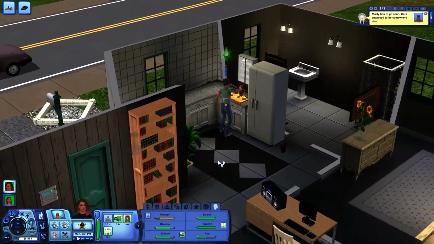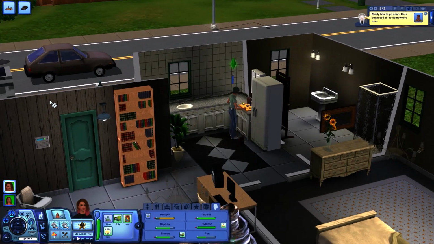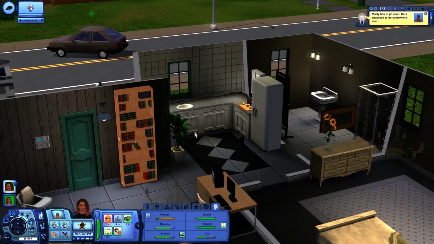Okay. Oh, the carpool's here. She hasn't had anything to eat. She hasn't had time to eat anything. We're gonna have to go because she's gonna be late for work. Esme cannot be left. Oh yeah, okay. So we call the babysitter, and obviously we're just gonna have to wait for her to finish